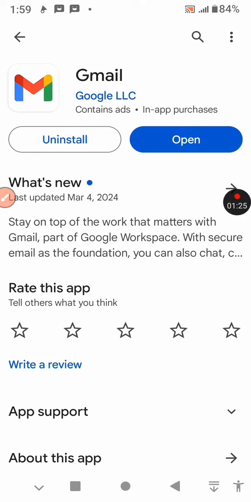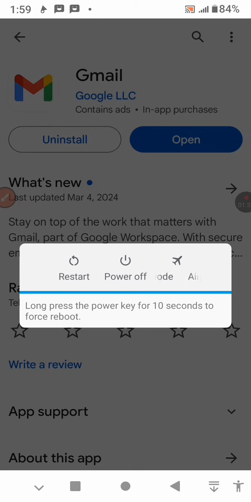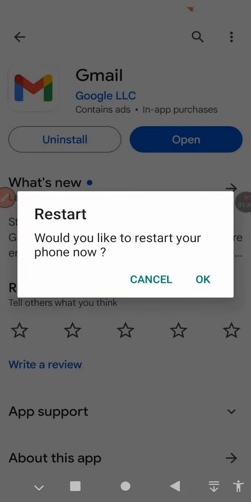Don't tap on it to open it, but rather what you have to do lastly is to restart or reboot your device. So to restart or reboot your device, you have to pass through this process. First of all, you have to press your power button for a while, and this is going to pop up. When it pops up, just tap on restart or tap on OK. So when you tap on restart, then you tap on OK, and this problem is going to be fixed after your device has been restarted or